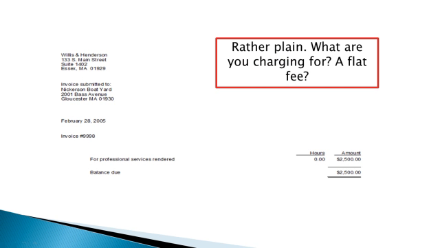Here's a sample bill that would probably cause a lot of questions for a client. Even for a flat fee, there should be some description of the matter being worked on. Also, I recommend not showing hours for a flat fee. Showing no hours worked and a fee of $2,500